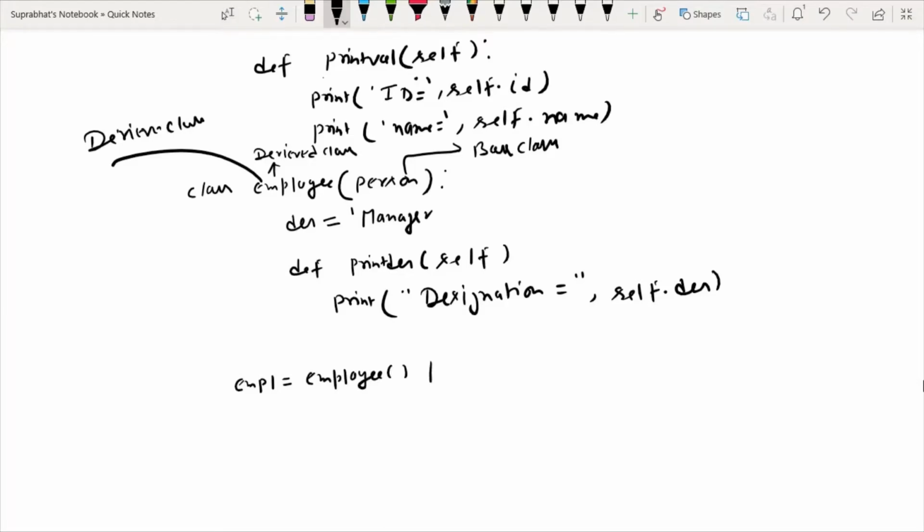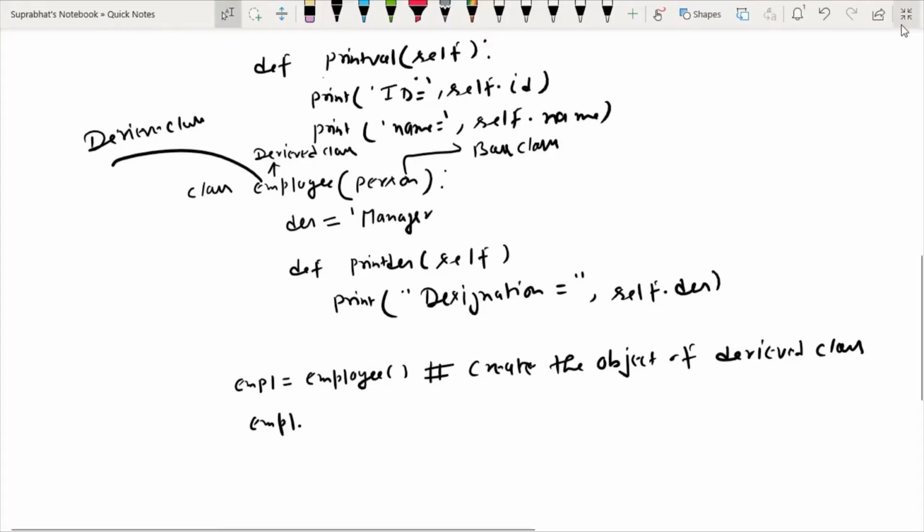I have created the object of the derived class, and when I write dot, then we have two functions available here.